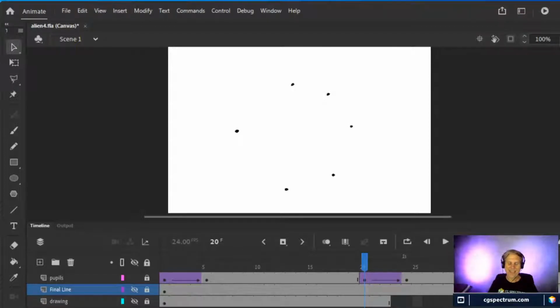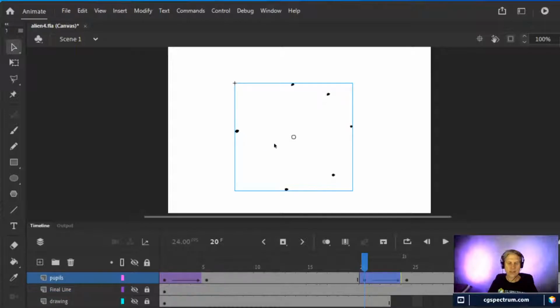Thanks for stopping by. But in the olden days, what you'd do is you would create things in Flash, and then you would make an object out of them. So if I select this, hopefully if it's not locked, you can see that it is one complete object in and of itself. There are no individual parts to these eyes, and that's where it got tricky, because if you moved them outside of their boundaries, then it's going to show. But I can't select each one of these. I could if I broke it apart.